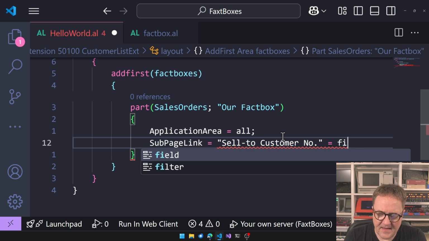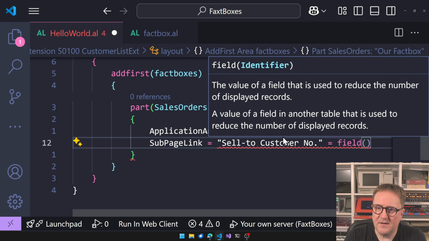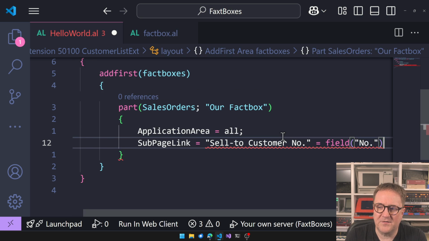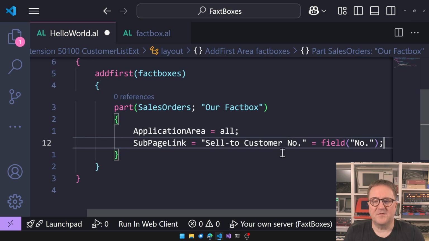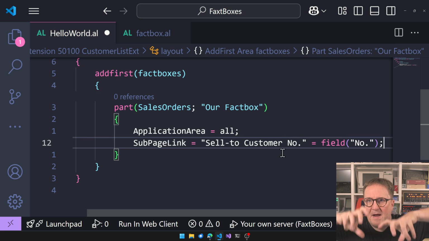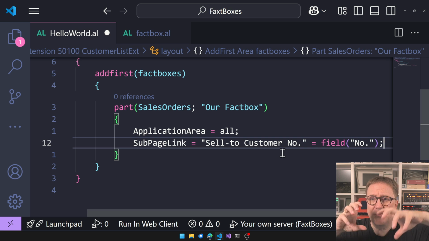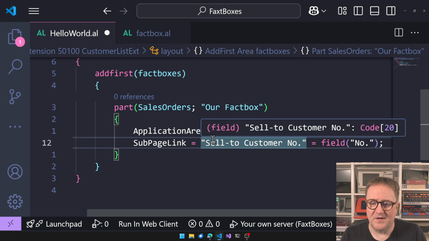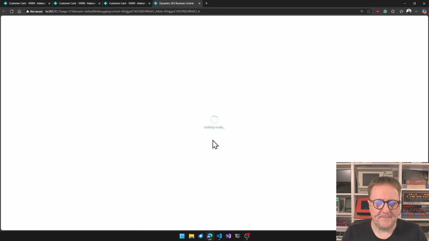What is that? That is a field, and the field is in the customer table, so that would be the customer number field. So now we have told the fact box that it needs to be linked to the customer card by taking the number of the customer you're on and using that as a filter on the sell to customer number. So if we hit F5 again,